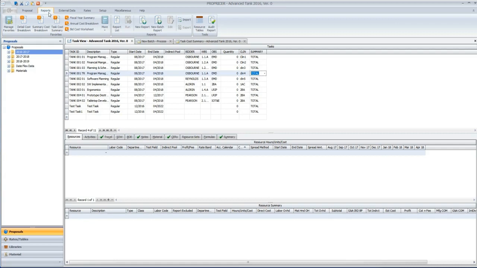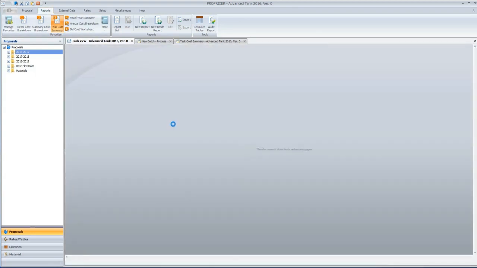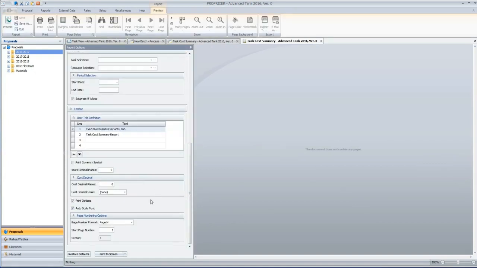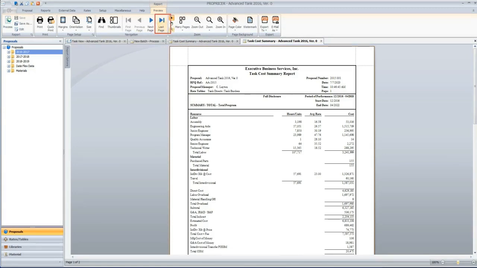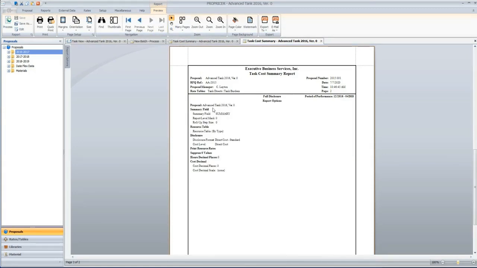To use this new enhancement, start by simply opening a report. For my example, I will use the Task Cost Summary report. Then scroll to the bottom of the Format options. Just below the cost decimal setting, you will see a checkbox for Print Options. I'll select it and run the report to see how the options are shown. They will be on the last page of the report, so let's click the last page button up here, and